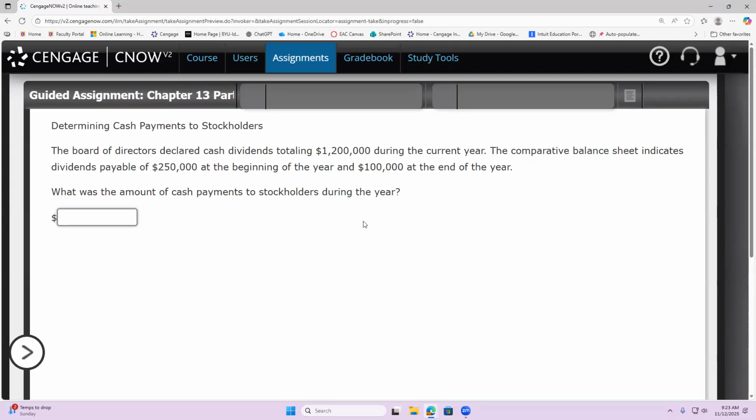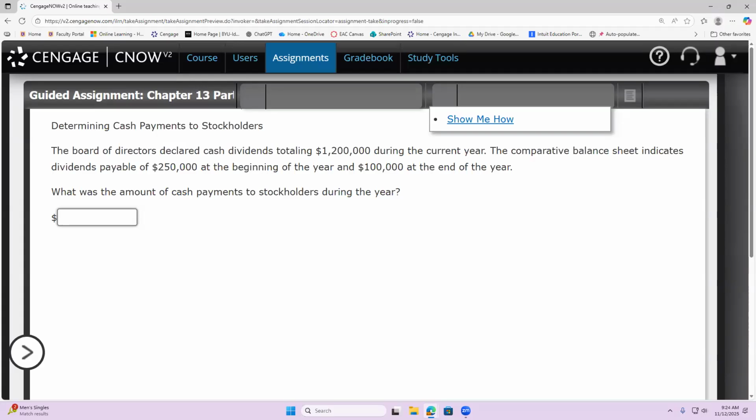All right. So they declare dividends of $1.2 million. The comparative balance sheet indicates dividends payable of $250,000 at the beginning of the year and $100,000 at the end of the year. What was the amount of the cash payment? So you're like, okay, smarty guys, this feels like you're making me go roundabout to do this. But